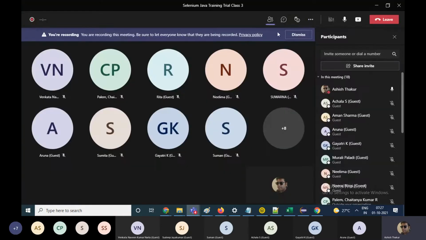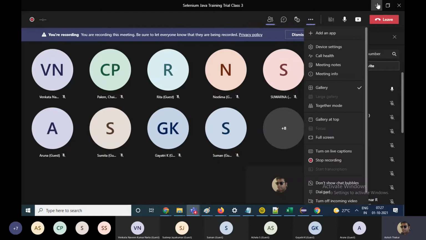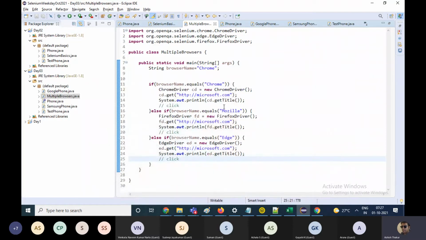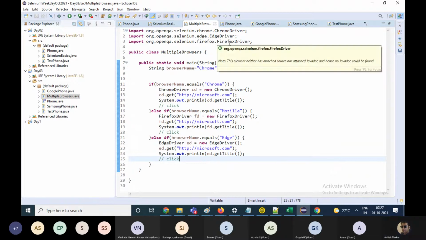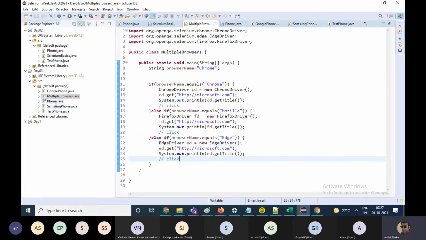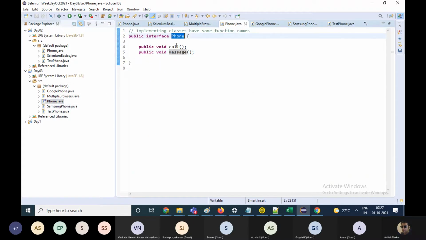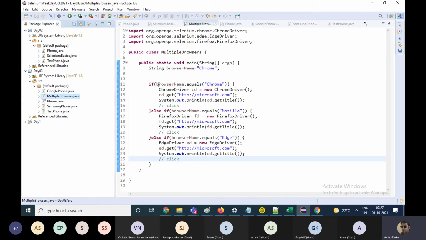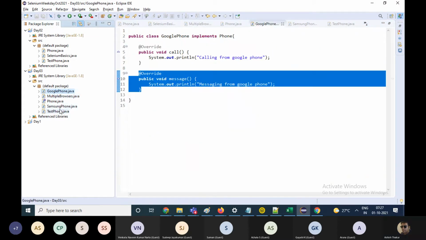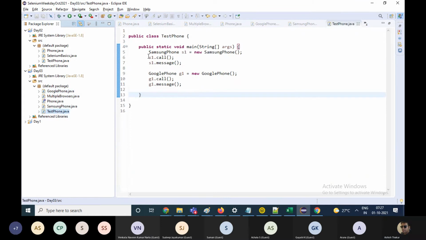Listen to this carefully because people get confused at times, because it's a little tricky. So let's come over to the phone interface. It's got two functions, and these are out here.